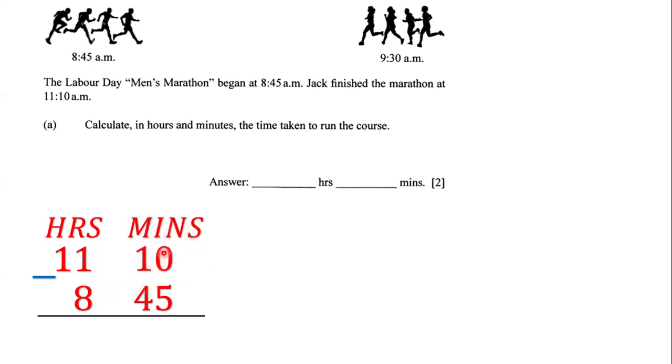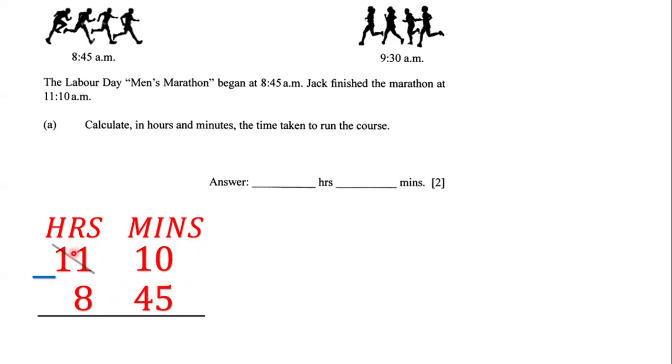Notice here that 10 is at the top and 45 is at the bottom. Now 10 is smaller than 45, so we cannot perform the subtraction because you cannot subtract 10 minus 45. So what that means is we have to go over to the hour side and borrow a